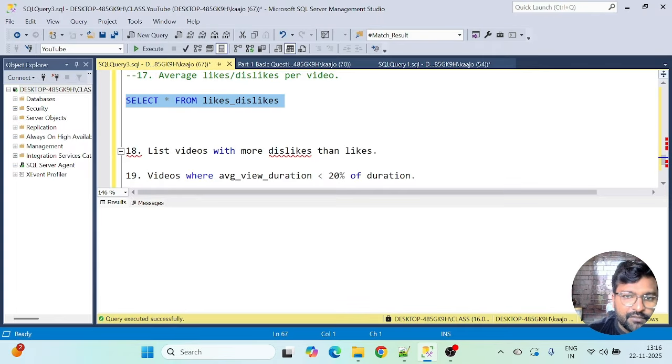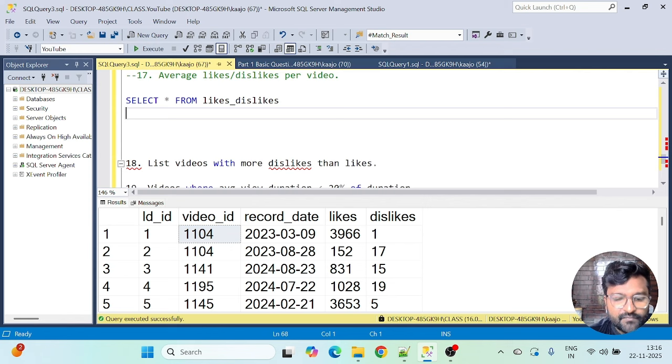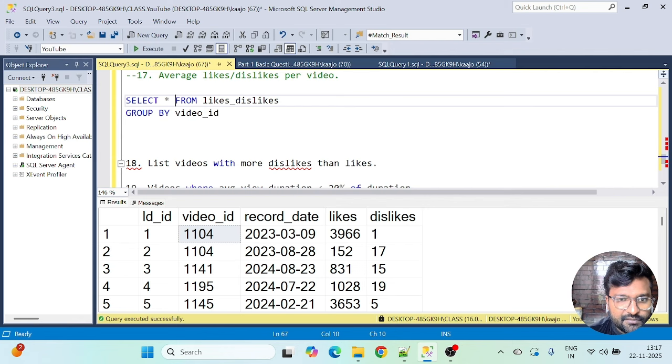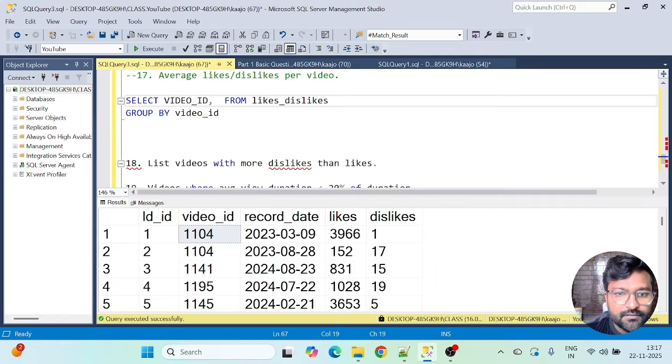Okay, so we have to calculate the average likes and dislikes now, keeping in mind that we can have multiple records for a single video ID here. So while we are grouping by, okay, anyways, that won't bother us in this question. I did not think of this because I can make mistakes. Because we are grouping by video ID here, even if we have multiple records, since we'll be taking the average of likes and dislikes, it won't matter. My bad. Okay. So I come here, take the average of likes, and also the average of dislikes.